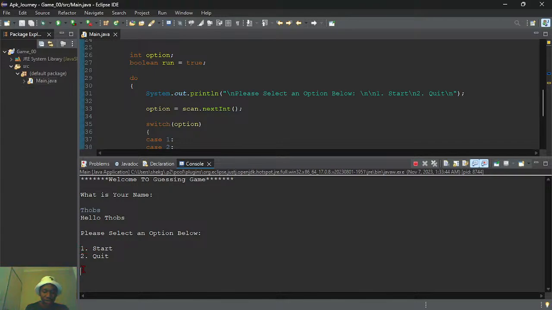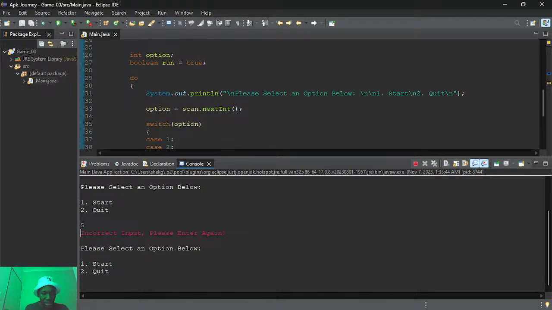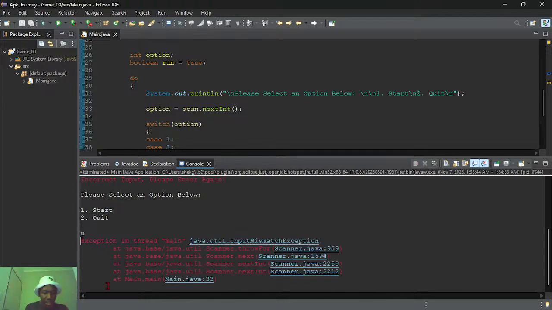Let's see if it will work. And it works. Incorrect input, please enter again. Then this will keep on doing, or let me input a letter. Oh okay, it doesn't cater for that.